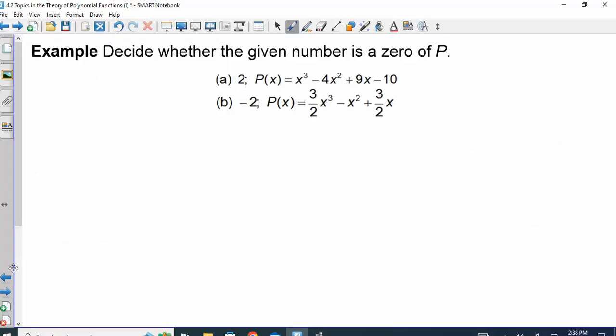So I want to know if the number is a 0. The last one I said, is this a factor? And what I gave you had an x in it. Here I'm giving you a number and I want to know if it's a 0. So if I give you the 0, that's the number you use. You can do synthetic division or you can just plug the number in. So if I put in 2,